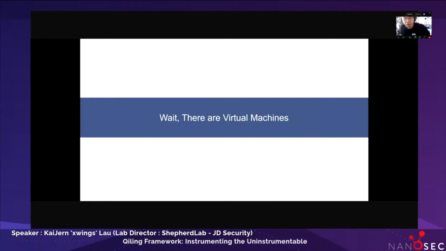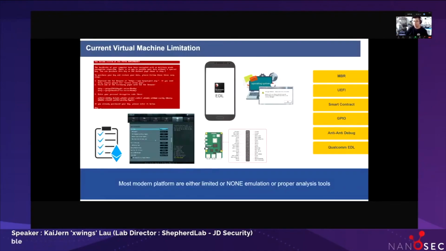So when we reach this stage, the only thing that people ask is, there are virtual machines. At the very bare minimum, you do have QEMU, but QEMU will not be able to bring you to a lot of places. Let's say you need to emulate MBR. Yes, Bochs will be able to help you emulate quite a fair bit of MBR, but how are you able to do instrumentation on an MBR? You cannot do it. You don't have the proper tools